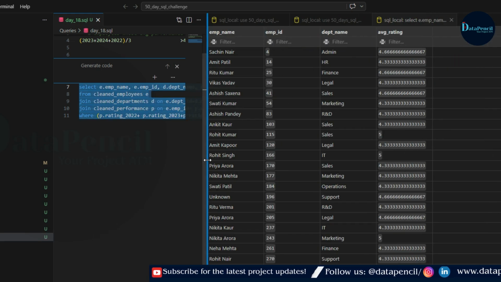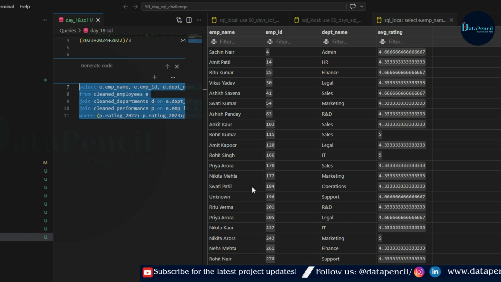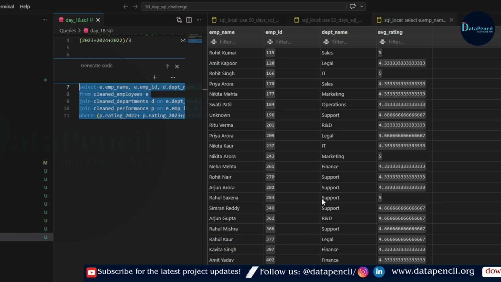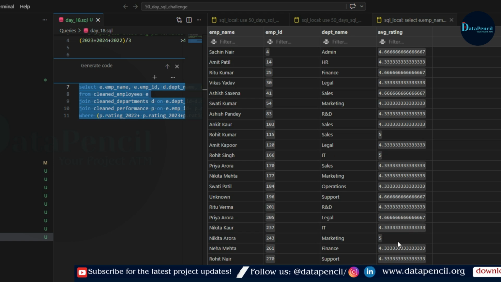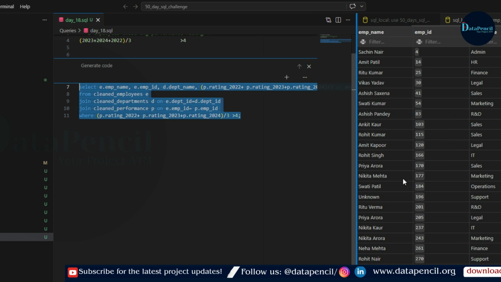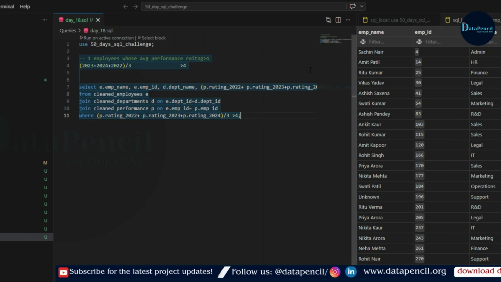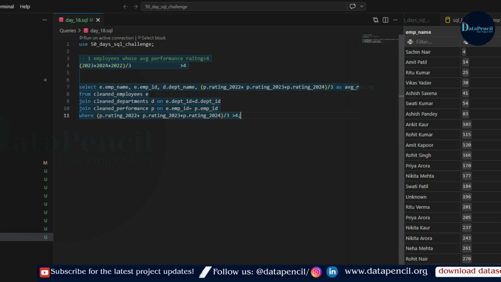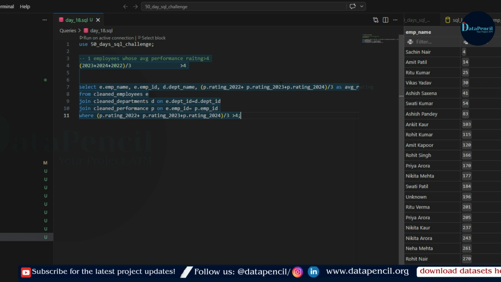So in the result window, you can see that we have all employees here whose average of their yearly performances, means average of their annual performances, means performance of 2022, 2023 and 2024. So this is the list of those employees whose average rating is greater than 4. Okay, so we have a total of 35 employees. Now, the main purpose of this query is to make you understand that if we are doing the average but we are not using the aggregate function, the dedicated function, then for the filtration we will not use HAVING, correct?